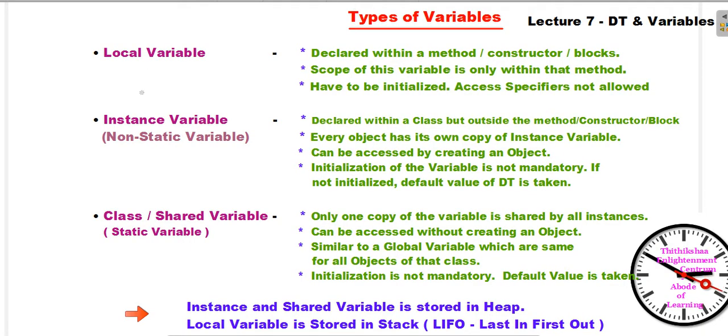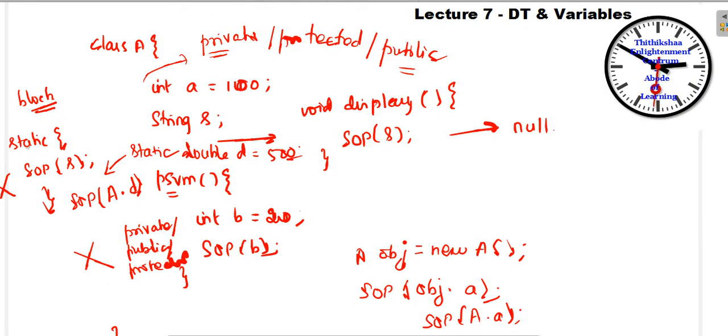I told you about the local variable. A local variable can be declared within a method, constructor or blocks. I told you about a block; this is said to be a block. A constructor is declared at the class level, and we will see a separate topic for the constructor. Here I just want to tell what is meant by a constructor. Say I have a class. For methods you will have the return type, but for the constructor you will not have the return type.